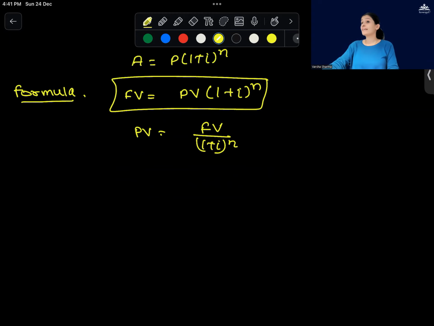Then next, annuity. What was annuity? Equal amount in equal interval of time, equal installment in equal interval of time. That was annuity. Now again in annuity, if you are lending out something today like a loan amount, that is always present value. Loan is always present value. And if you're getting something in the future, that is future value. Now the annuity is always denoted by capital R. And if you're making the annuity installment, the first installment after the end of 1 month, that is annuity regular. Clear? And if you're making the payment right now, like opening a bank account, then that is annuity due. Clear? If nothing is mentioned, it is annuity regular or ordinary annuity.